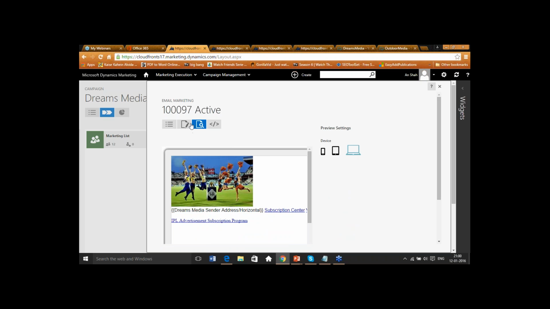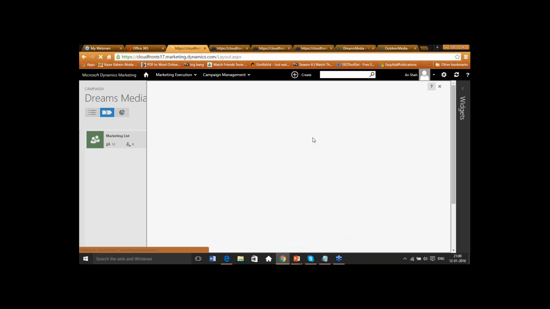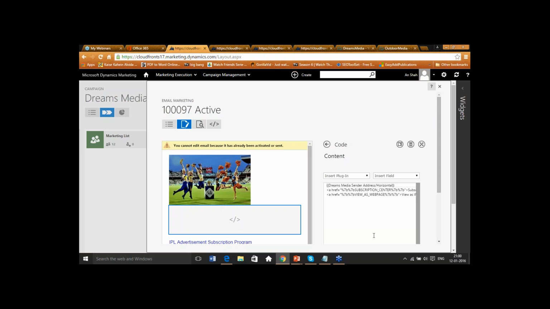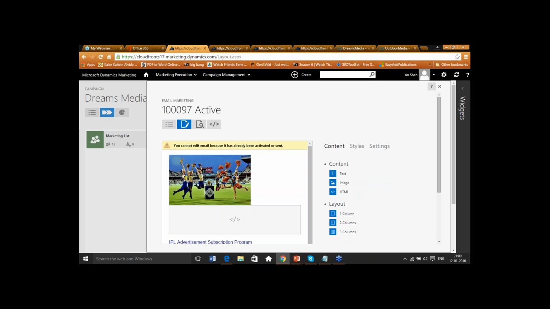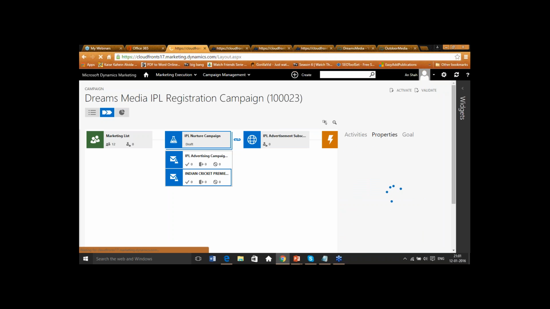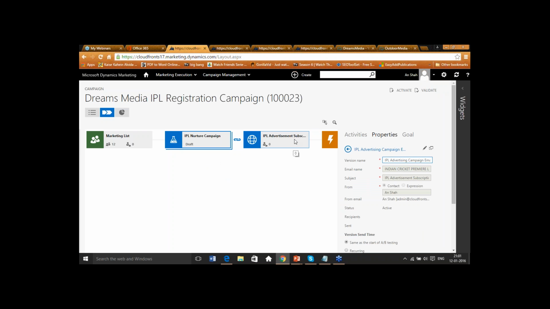And the most important thing is, as it has already been activated by me, it would not have allowed you to activate unless you had these plugins, which were mentioned by Vivek earlier. So we have got over here the sender's address plugin, which was one of the horizontal, vertical. You can choose any one of them, and then the subscription center. These two are mandatory. Otherwise, it will not allow you to activate the email. So we see that both of them have been activated, and after that we have linked a landing page